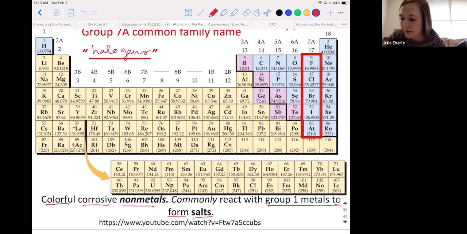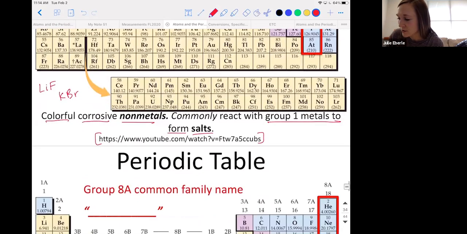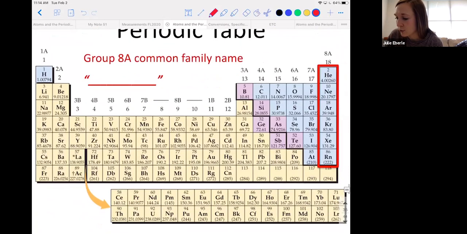But to broaden your horizons for a second, any combination of group 7 and group 1 is called a salt. So for example, lithium with fluorine, lithium fluoride, that's a salt. Potassium with bromine, potassium bromide, that's a salt. Any combination of a group 1 and group 7 element, we just call it a salt. If you actually want to watch the reaction for sodium metal with chlorine gas, it's really impressive, and it forms this very docile white compound, right? Salt. That's the link for it. I think it will impress you. Okay, that's group 7. Group 8A, common family name. Anybody know? I bet somebody knows what these are.